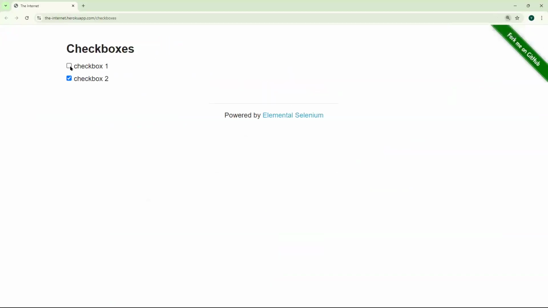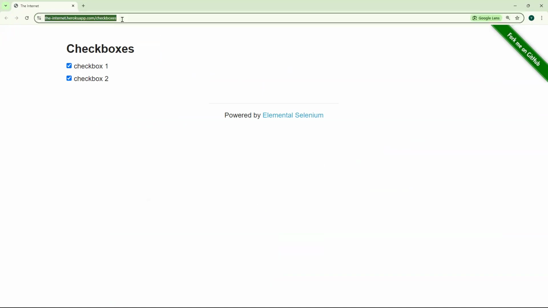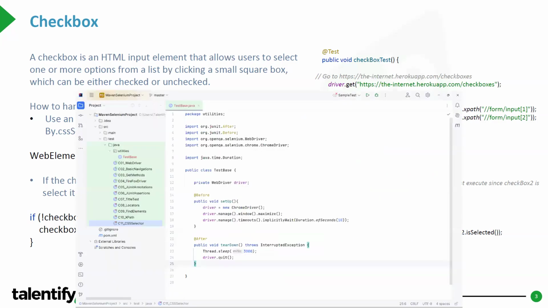What I am going to do is click. If it is not clicked, click on it. If it is already clicked, then we will not click this one. I want to make sure both of them are clicked. Okay, first let's go to this page. I will go to